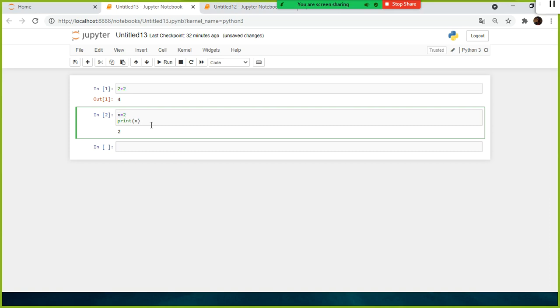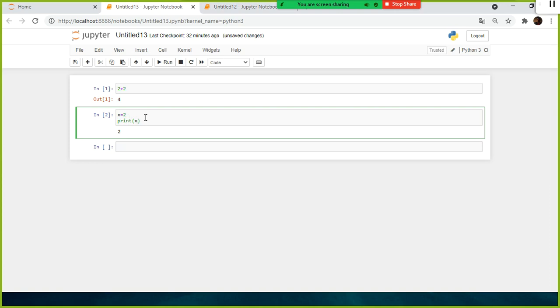Let's say you have a basket, and the basket's name is x. Inside the basket you put the value 2, right? Now you want to see what value is stored in your basket, so print x. x is nothing but the basket, so print x shows what is there in the variable x: 2.